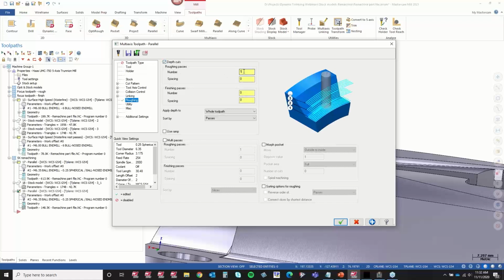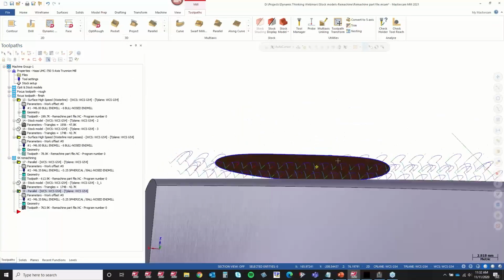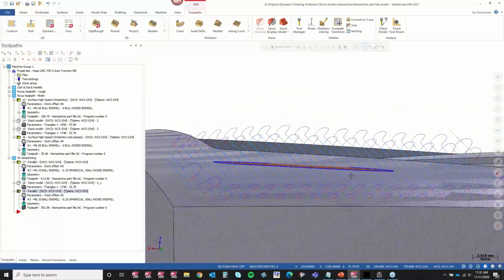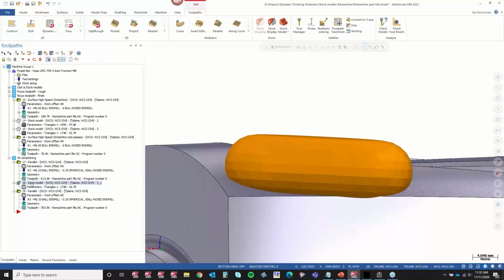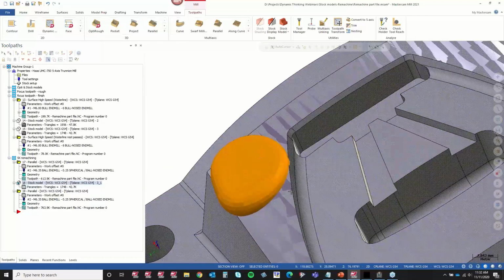So I can say, all right, I want to turn on some depth cuts. I'm going to run 2 passes at 1.5 millimeters each. And that's going to offset right up to that area. It's also going to trim it out with the stock. It's not going to run passes that aren't in contact with that stock model, right? So it's a really effective way to really laser focus toolpath into a certain area of the part to address a certain need there, right?